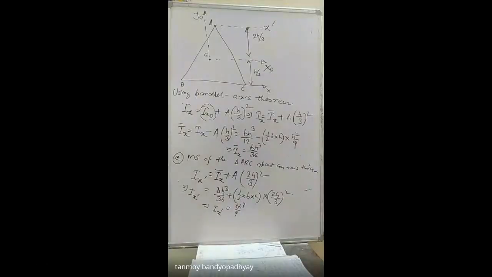I hope you can understand that for the same triangle, for the same values of the base and height of the triangle, you are getting different values of the moment of inertia. Why? Because you are changing the axis. Moment of inertia is a property of the system, but it depends on the axis system that you have chosen. If you rotate the object about different axes, you will get different inertia or different resistances from the object. So moment of inertia is a measure of the resistance offered by the object to rotation about the different axis system that you are choosing.